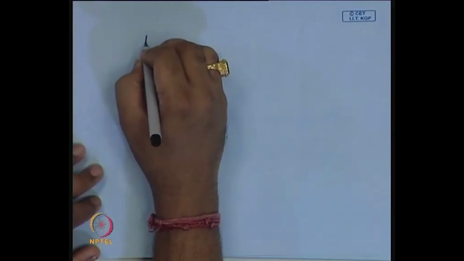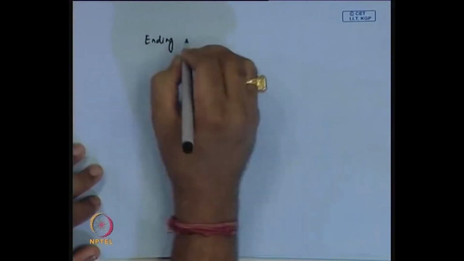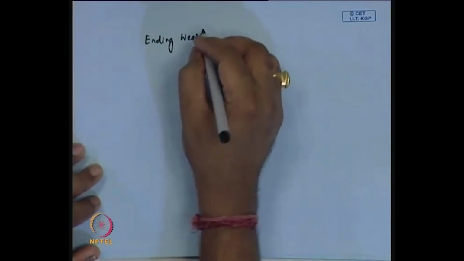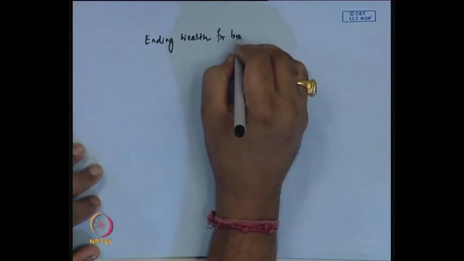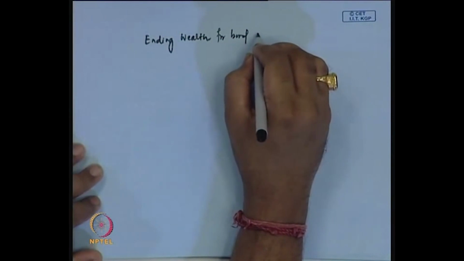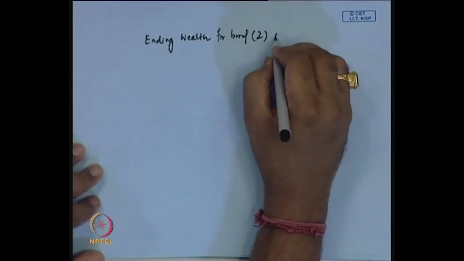is 5 years. Let the term to maturity be 6 years, but the duration is 5 years of the 6 years bond. If you assume these things, let us see how this change in the interest rate behavior is affecting the ending value or ending wealth of this particular bond. So, here we want to calculate the ending wealth for the second bond, bond 2, if